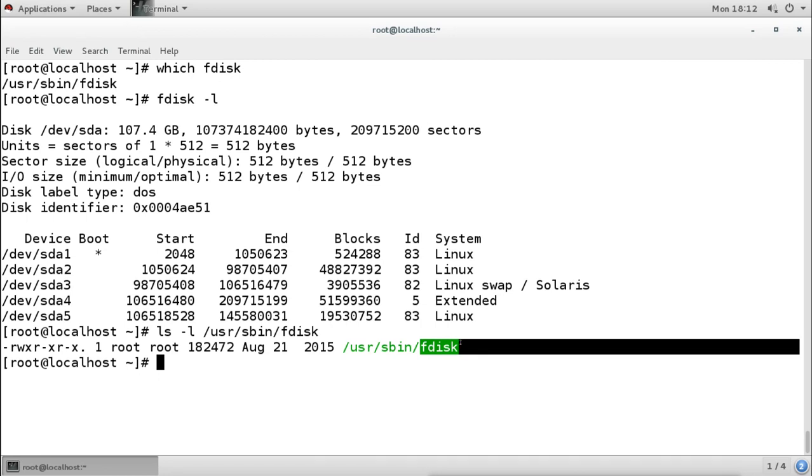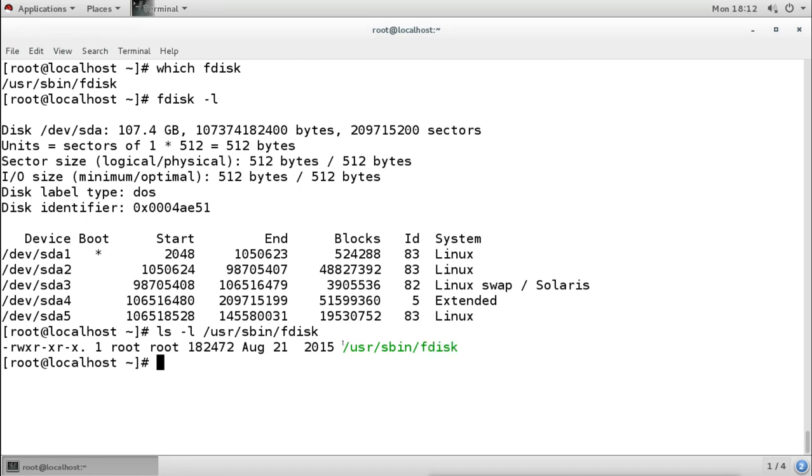It is not doing the job, because it is only for the super user. Now if I set the root user's UID on the file, then what happens? I will set chmod u plus s on /usr/sbin/fdisk.